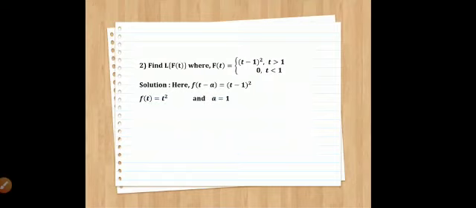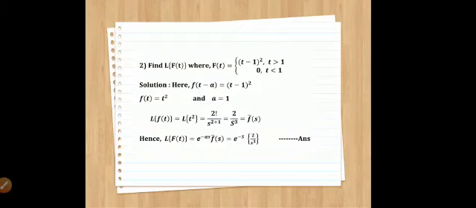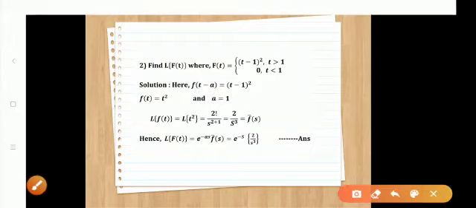Compare the given function (t minus 1) whole square with this standard form. You will get f of t as t square and a equal to 1, and hence we have to just find the Laplace transform of f of t using the Laplace transform of t raised to n formula with n an integer. So it is n factorial upon s raised to n plus 1. It is 2 upon s cube, which is our f bar of s. This is very simple. Now just apply the second shifting theorem and write the general form, and in this result put a equal to 1 and f bar of s equal to 2 by s cube.